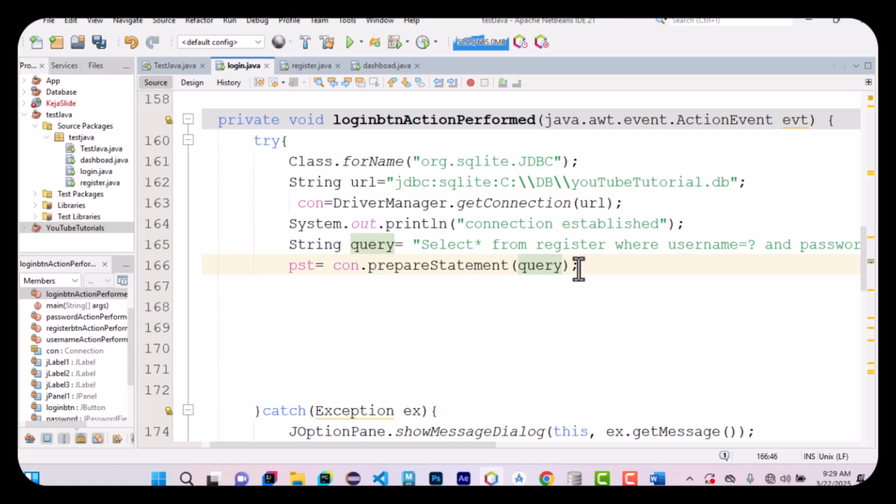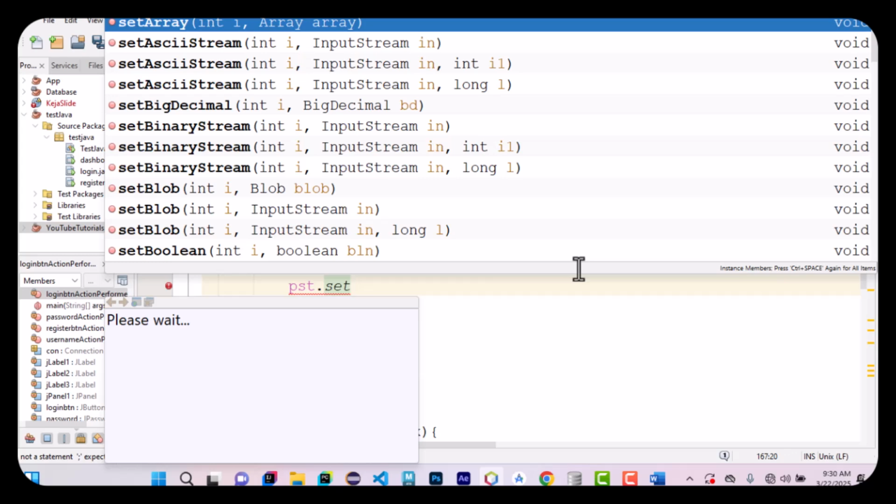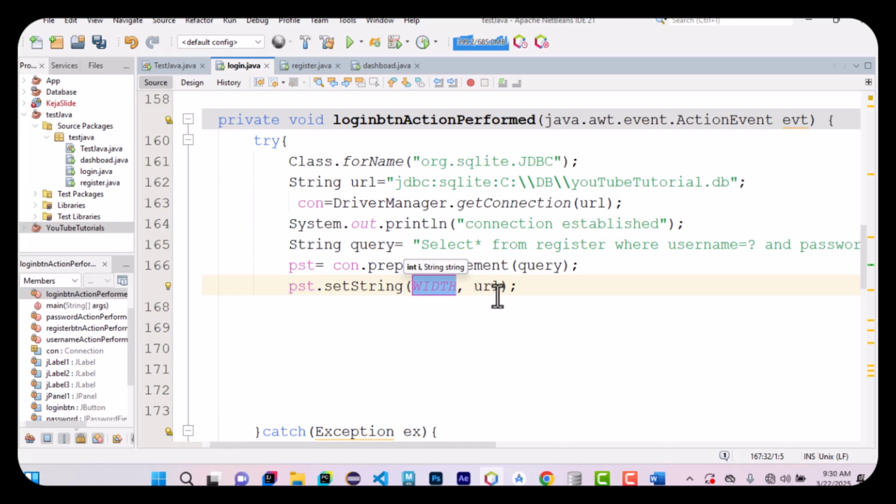So the statement again. Now let's take data from our application and put them in our statement. How do we do that? So pst.setString, and first of all we are going to put number 1, which is our username. So number 1 is our username. So username dot,